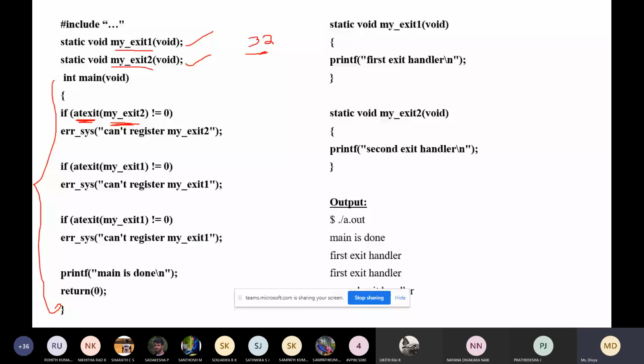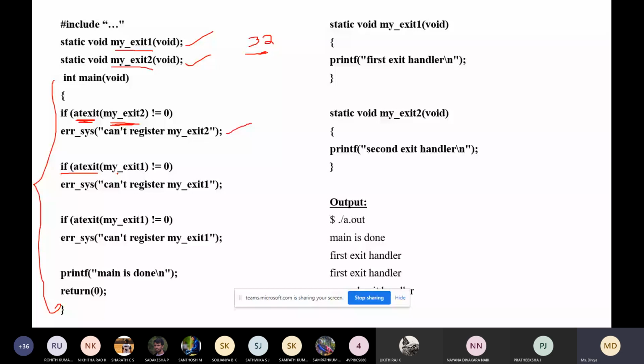Okay, so atexit, if it is successful, it returns 0. If it returns -1, then it will display some error message. Now like that we have three atexit calls. One more is atexit with the function my exit 1. Again there is one more atexit with my exit 1.